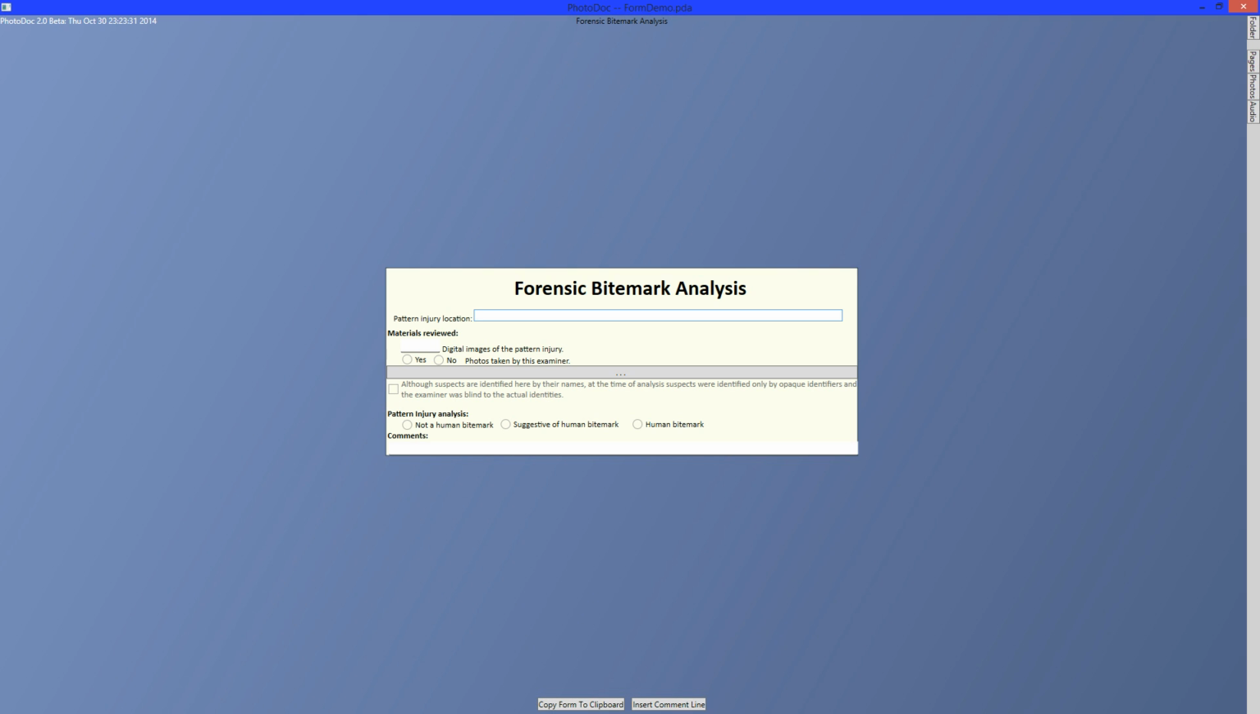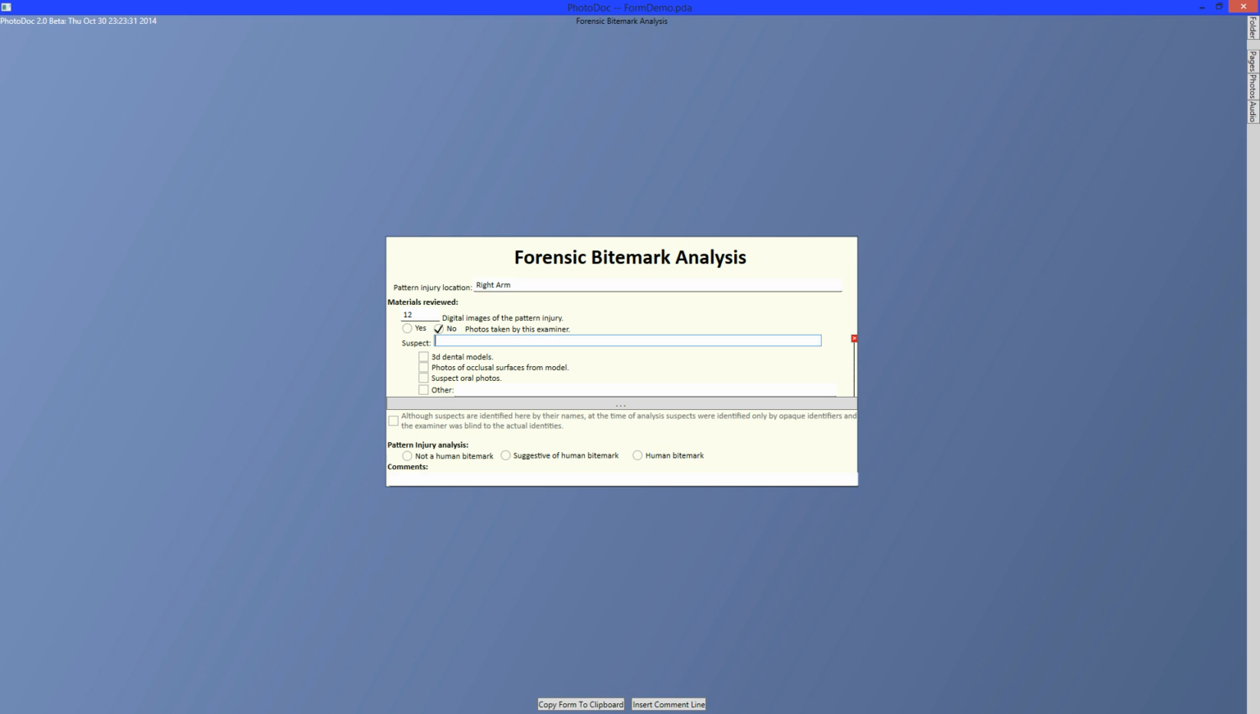But if I can just start and say, I'm looking at a right arm bite, and I'm going to start any forensic report with my materials. So I have 12 photos that I didn't take. The dot button lets me add multiples of something. So in this case,